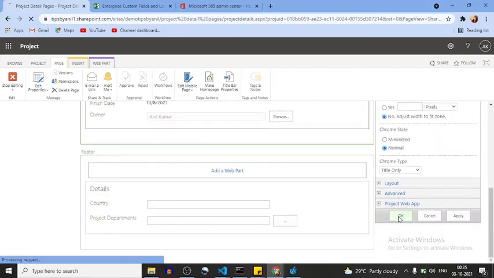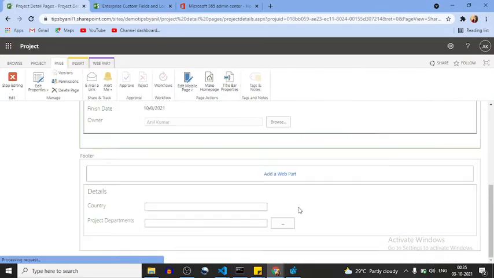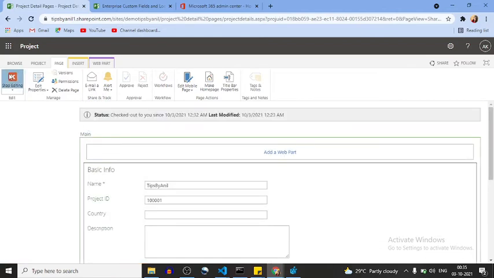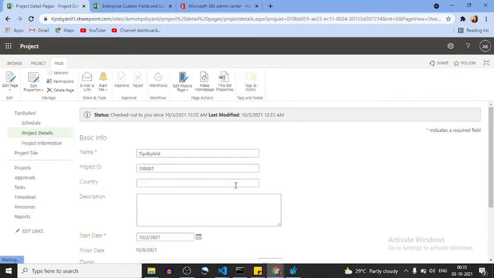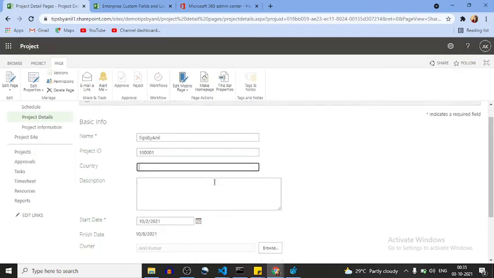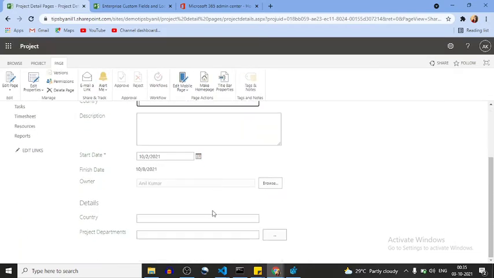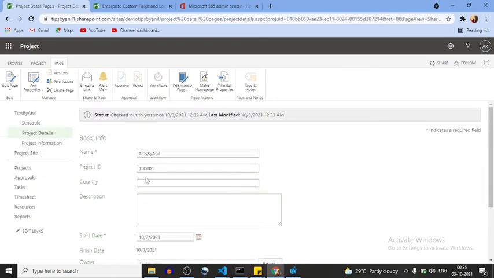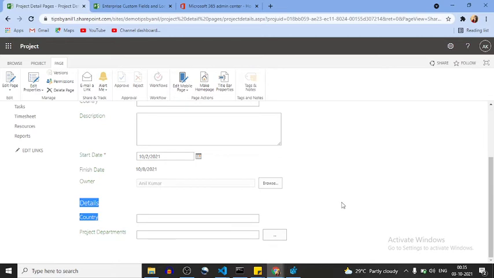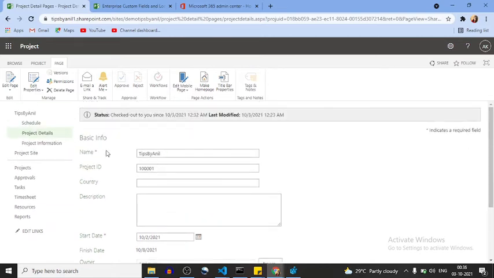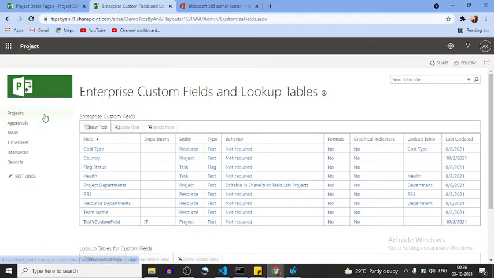Okay, click on OK. Click on stop button. Now here you can see the country name. Okay, details means here we are getting this, and if you don't want to add it in the footer, you can remove it from added web part. Okay, so this is how we can add project detail pages in EPT and